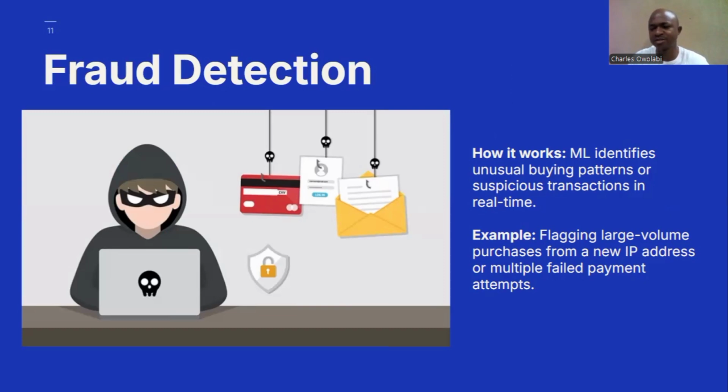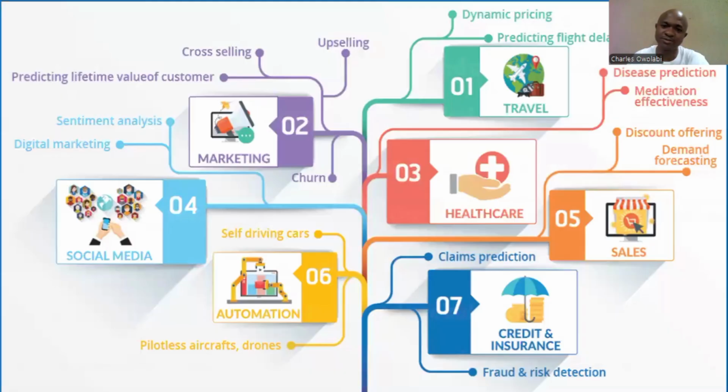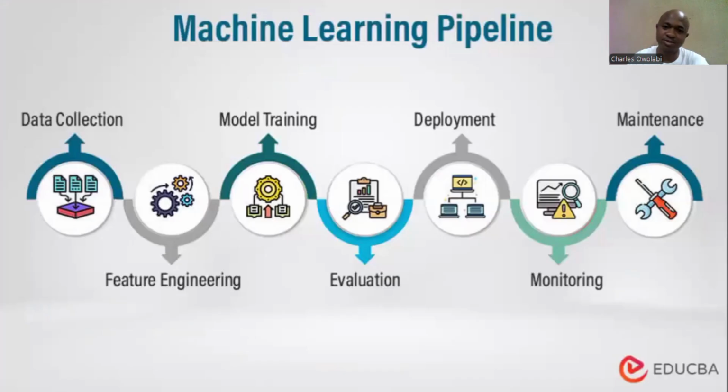Just like I said earlier on, it helps you in detecting anomalies. Fraud detection is simply a way of detecting anomalies or suspicious patterns in your activity. So if this happens, with machine learning, you can detect this anomaly and then you can raise an alarm. This helps you to flag irregular activities like IP addresses, multiple-phase systems, and then flag volume of purchase that will be detected as fraud or irregularity. This is not the end. It has a whole lot of applications: marketing, churn rate detection, healthcare services, sales, and so on and so forth.